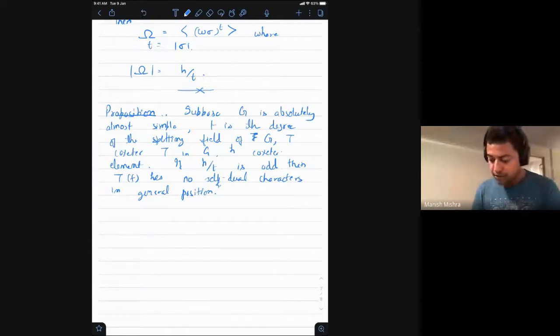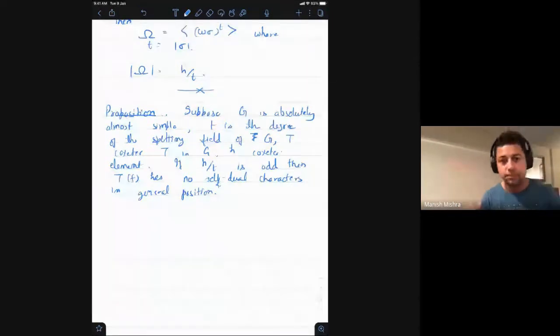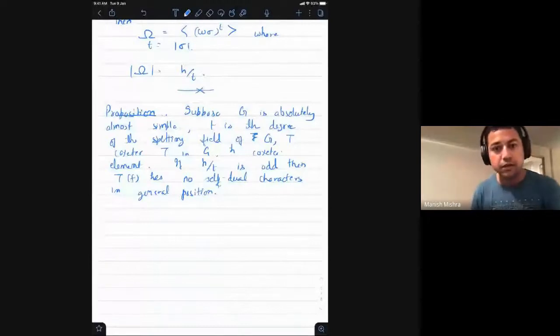So until now, we have already stated that if H mod T is odd, then there is no hope of getting a conjugate self-dual pair, a conjugate self-dual character of the torus. So you have to look elsewhere, find such a pair not in the Coxeter torus, but in some other elliptic torus. Okay, and now,